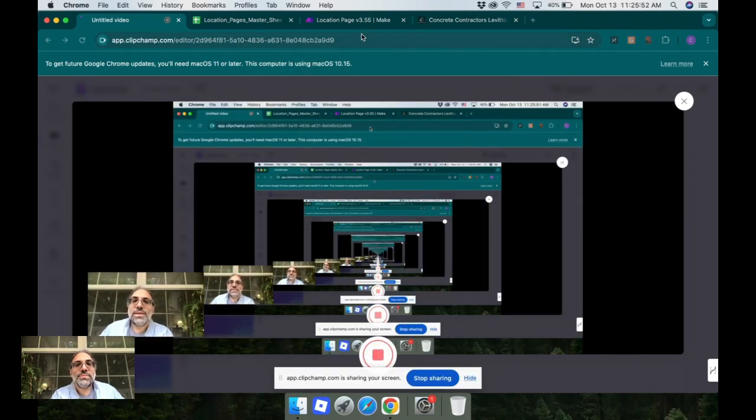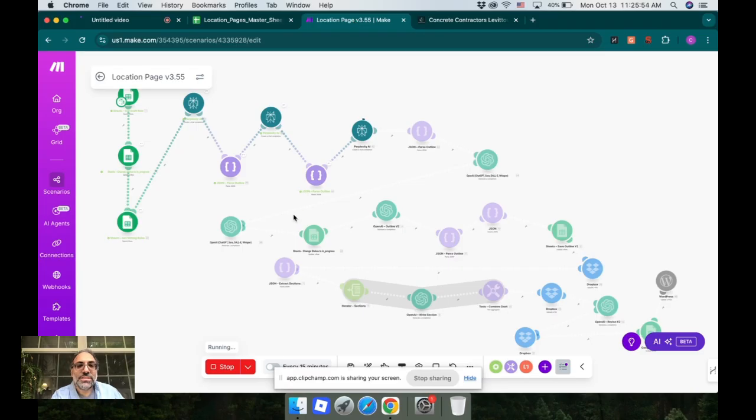Okay, this is going to be a demonstration of my make.com automation scenario that creates web page content. Now, there's all kinds of different automations you can create with make.com, obviously. This demonstrates some of the modules that are available in Make. We have the Google Sheets module, Perplexity module, which is an AI model, which we use here to do